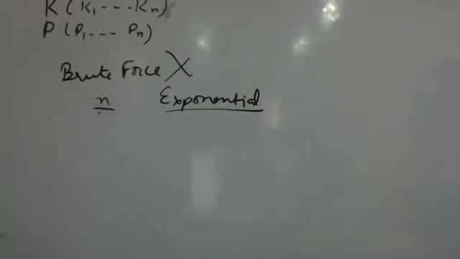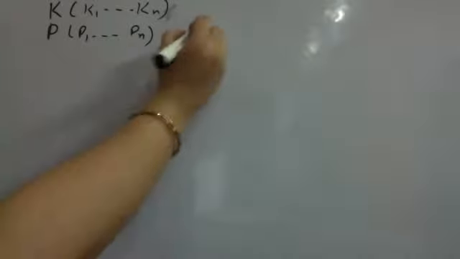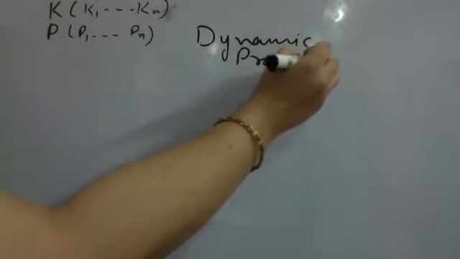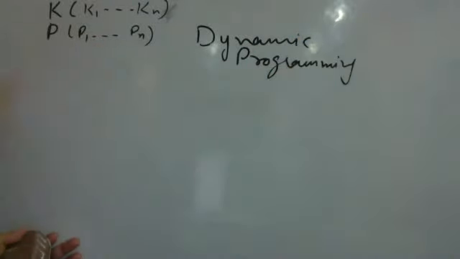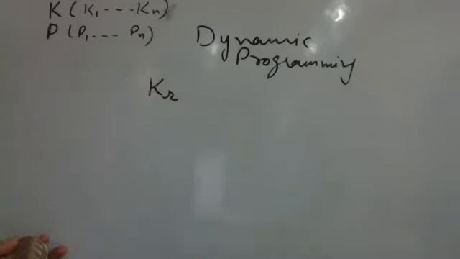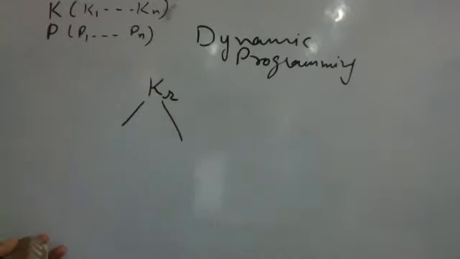Then what should I do? I am going to use dynamic programming now. What is the crux of dynamic programming? I want to build optimal substructures for my problem. What is an optimal substructure? I have to divide my problem into subproblems such that the subproblems also have optimal solutions, using which I will build the original solution. So if I want to find some key as root, it has some left and some right. Please ask again if there is some doubt.